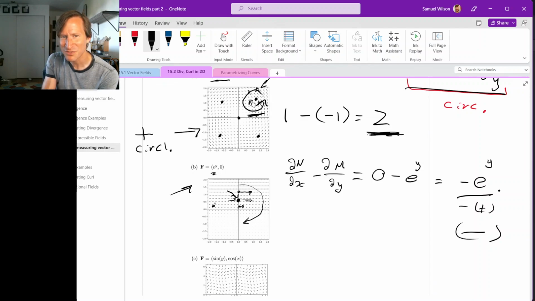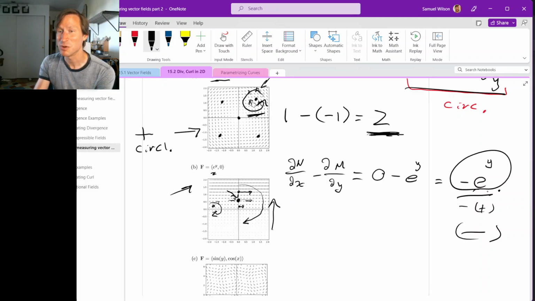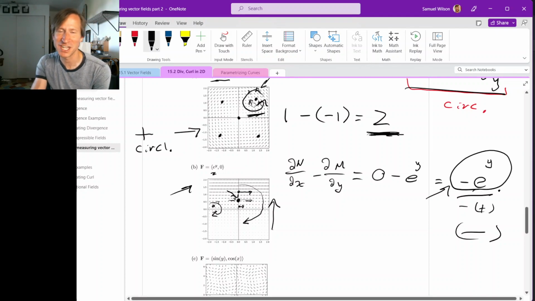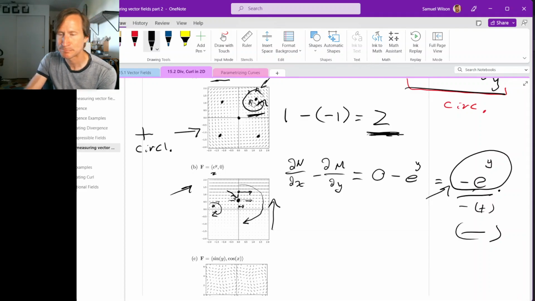because for every point, the vector immediately above it is bigger than the vector immediately below it. So we always get this negative circulation. But what this is telling us is that it's not just the case that this vector field has negative circulation everywhere. It's also telling us that as you go up the y-axis, the circulation gets bigger, right? Because when y gets bigger, negative e to the y gets more negative, and so we get more negative circulation the further up the y-axis we go. All right,